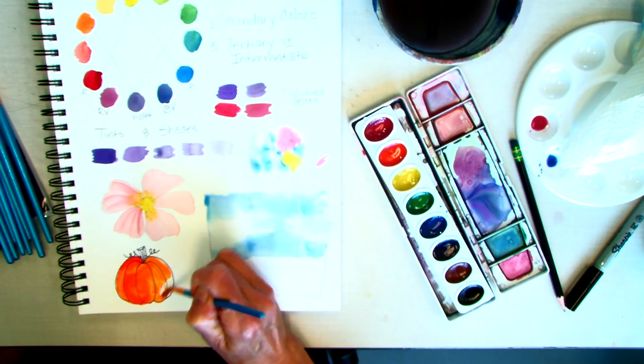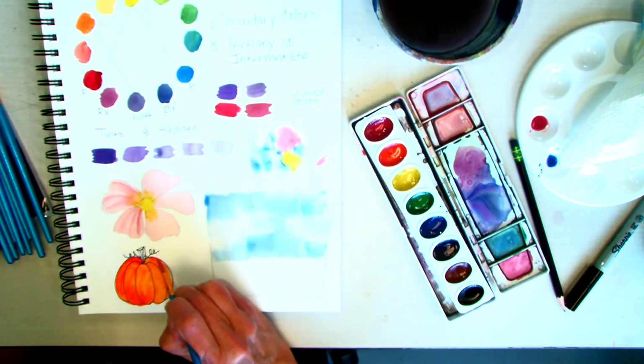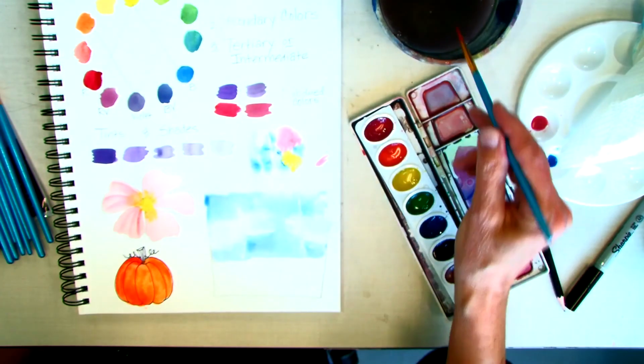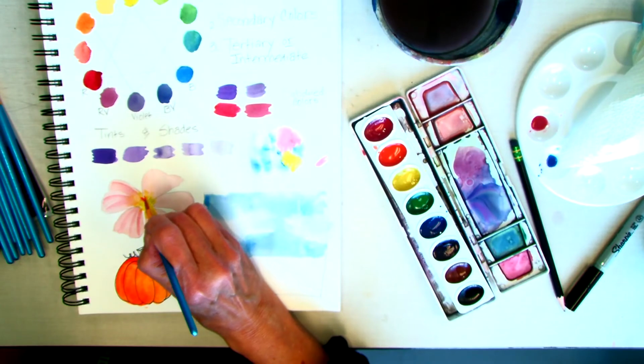Now notice I'm doing it on dry paper. I can have a little more control of it. Because over here, wet went everywhere. But that's good sometimes. It just depends on what you're making. All right, so I'm going to let that dry a little bit. And I'll come back here to my flower. I've decided that I can make this a little better. I go in and edge out my...